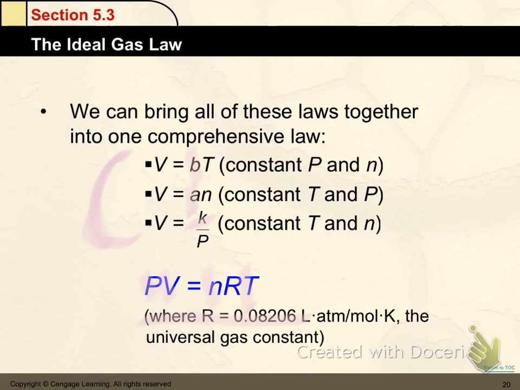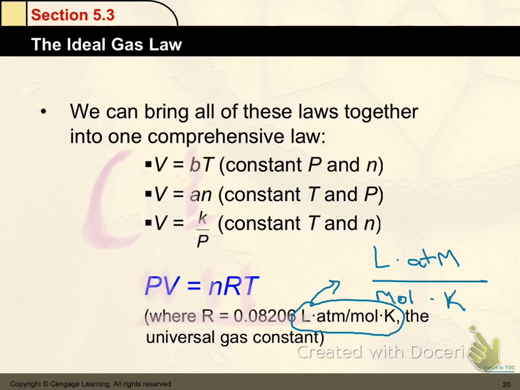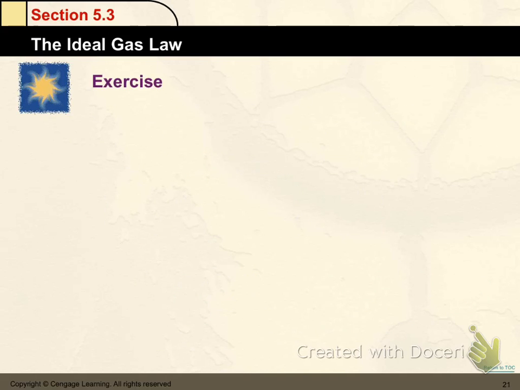So R has a common value, and we call that value 0.08206 liter atmosphere per mole Kelvin. Ugh, what a unit. And it gives a lot of people headaches. So let me write it out. This unit, written out, actually looks like this: liter times atmosphere over mole times Kelvin. You've got to write that unit out because it's going to help when you cancel out things to try to find your final answer. Try to find your final unit. All right, so that's the ideal gas law. Let's do some work with that now.